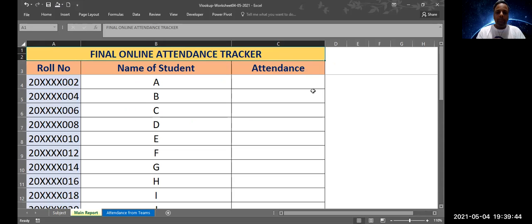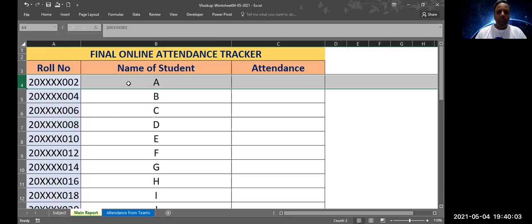This is the template which I need to fill up for all the students' attendance. In the first column we see the roll number, name of the student, attendance. For example, we are only focusing on the first student, whose name is A, roll number is XXXX002, and the attendance we need.